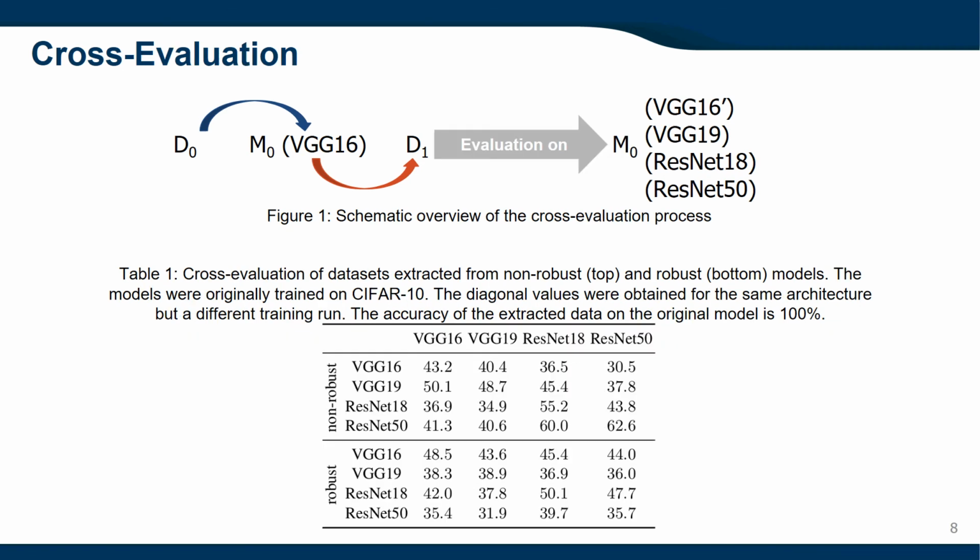The goal of our cross-evaluation experiment is to analyze whether different models trained from the same origin dataset learn the same or different feature mappings. Table 1 reveals that cross-evaluation accuracies are higher than random guess, which indicates that some shared feature mappings are learned. However, only in a few cases an accuracy higher than 50% is achieved. The relatively low cross-evaluation accuracies illustrate that models learn different features which are not fully compatible with each other.